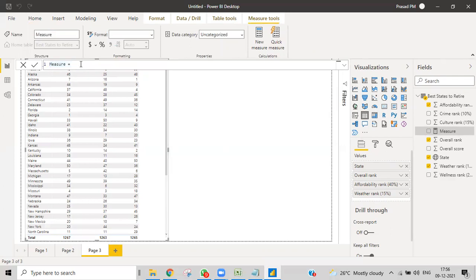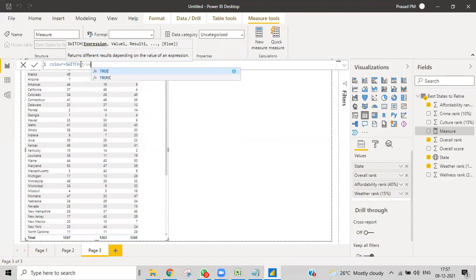Right now, this is not your topic. Call it COLOUR. You can make any name, it's up to you, but I just want to make it easy to remember. So what I do is I take SWITCH, and then comma.